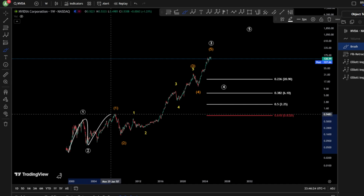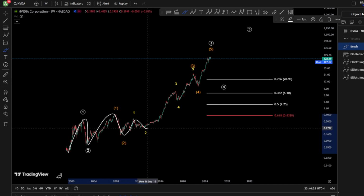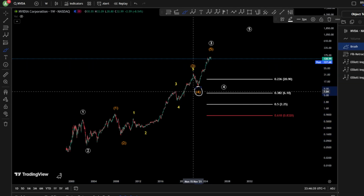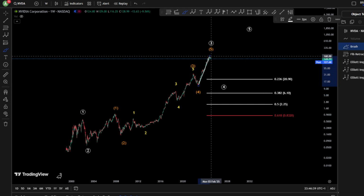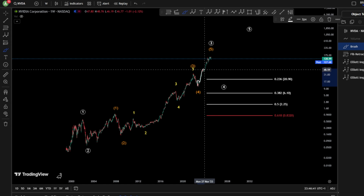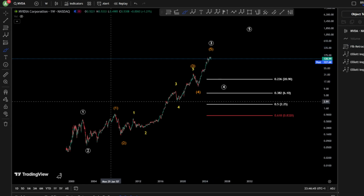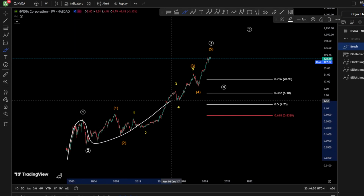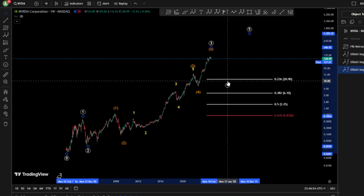We can see here we have a big 1-2 and another 1-2 and another 1-2. So triple 1-2s in yellow, finishing this wave 5 here and finishing with it a wave 3 in the orange. After this we got a retracement in a zigzag for a wave 4, finishing this impulse toward the upside, 1 2 3 4 5, and this wave 5 has finished the wave 3 that we had started already here, meaning this impulse is 1 2 3 4 and a 5, and that means Nvidia still has some